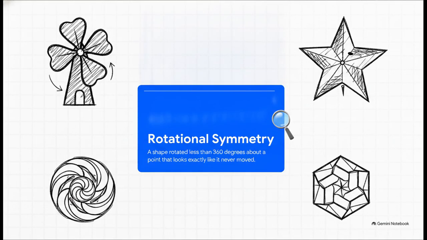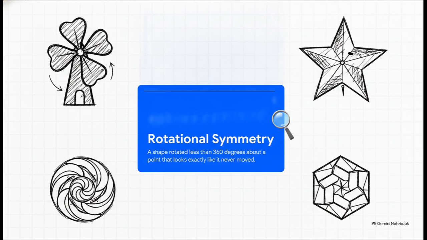Now, what's really interesting about this next slide is this fascinating concept of rotational symmetry. A shape has symmetry if it is indistinguishable from its transformed image. So specifically, a shape has rotational symmetry if there exists a rotation of less than 360 degrees that carries the